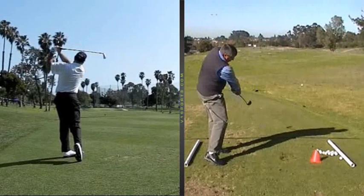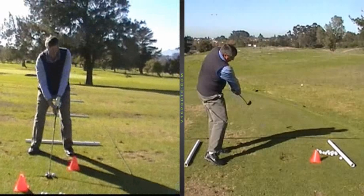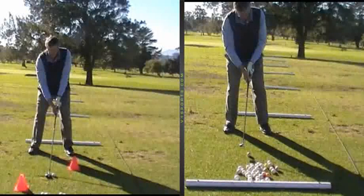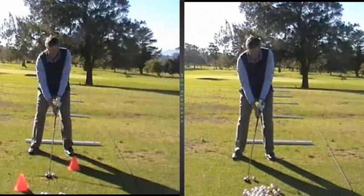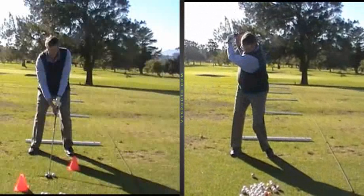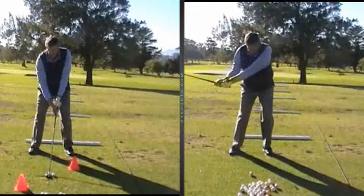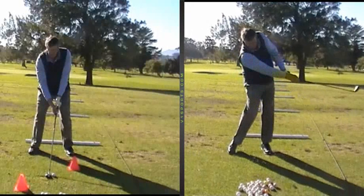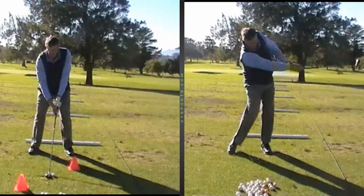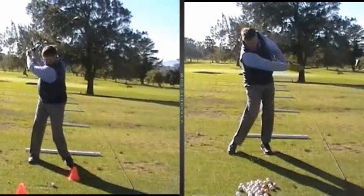If we look at John's front position now through impact compared to the previous, you will actually see a significant difference in his extension through. This one on the right is the old, where he came slightly over the top. You'll see that he throws it over the toe a little, and you'll see the left arm start to chicken wing straight away. Look at that. Can you see it pulling in? And if I take you now coming a little shallower,